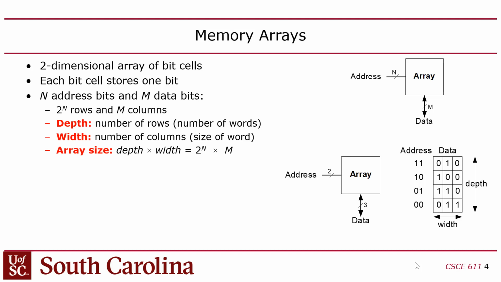So a memory array, a RAM, is 2 dimensions. There's bit cells inside the array physically. But when you use it, you think of it as having a depth and a width. So the width is the number of bits that you access at a time. The depth is the number of entries in there, and you can access 1 entry per port, right?